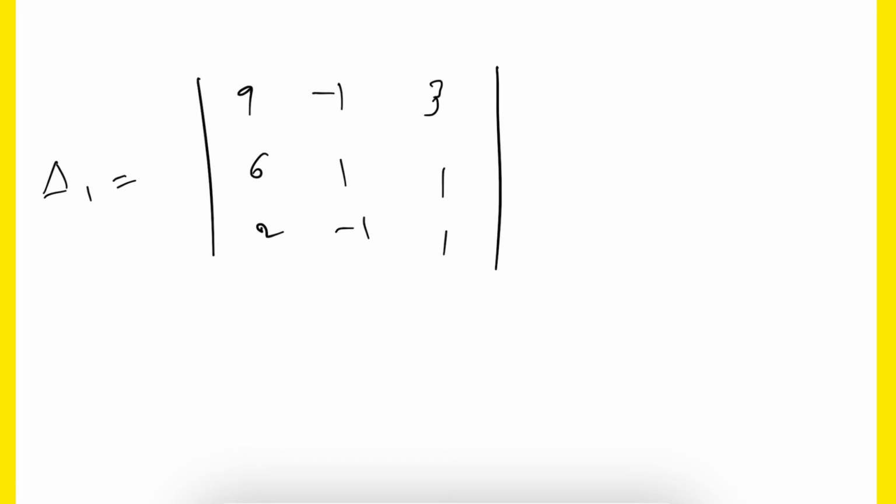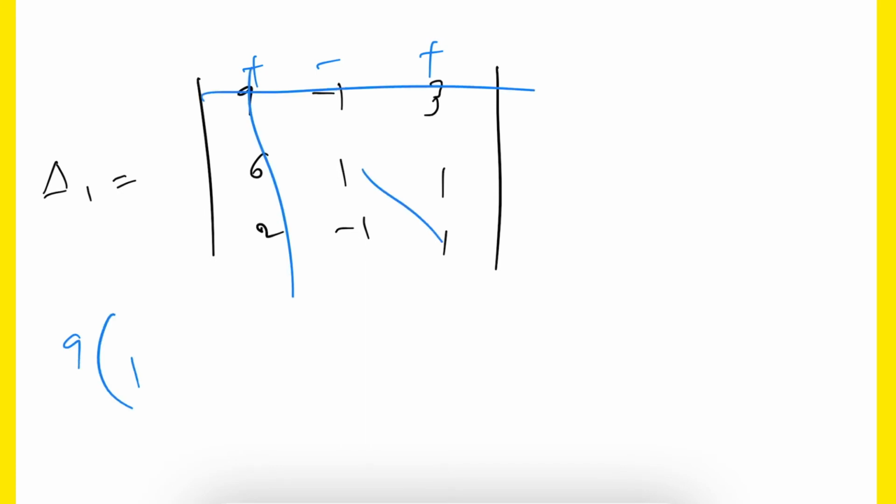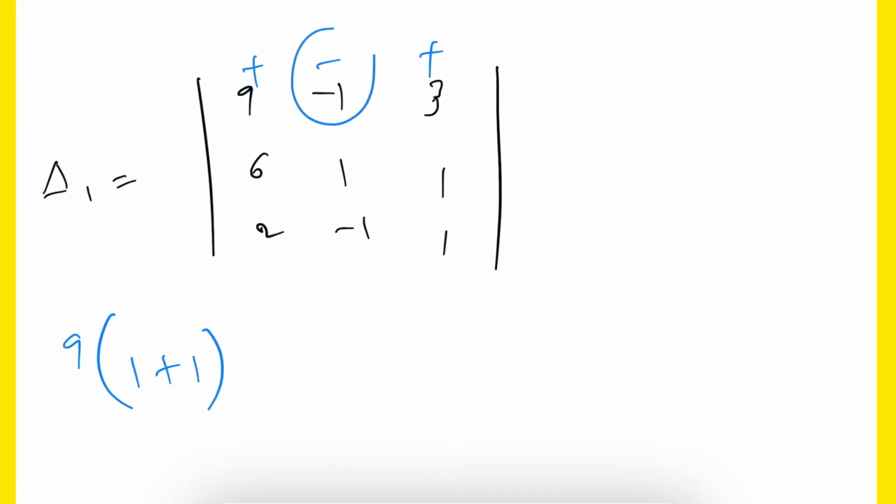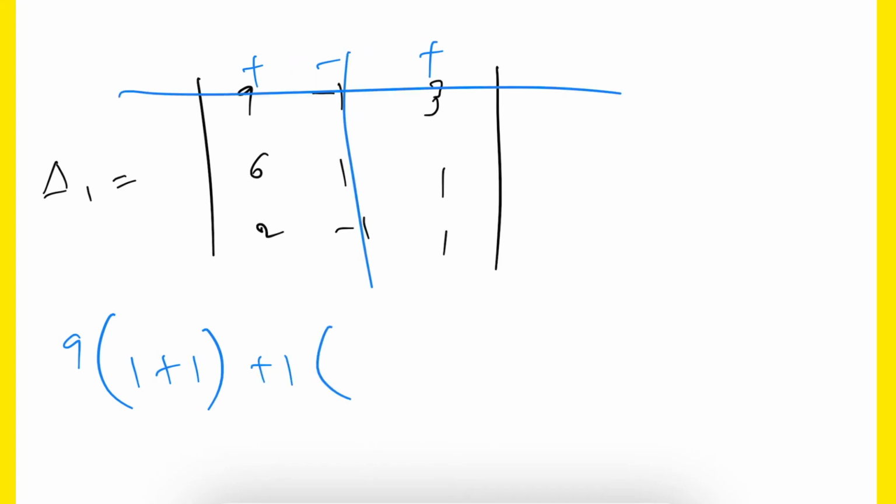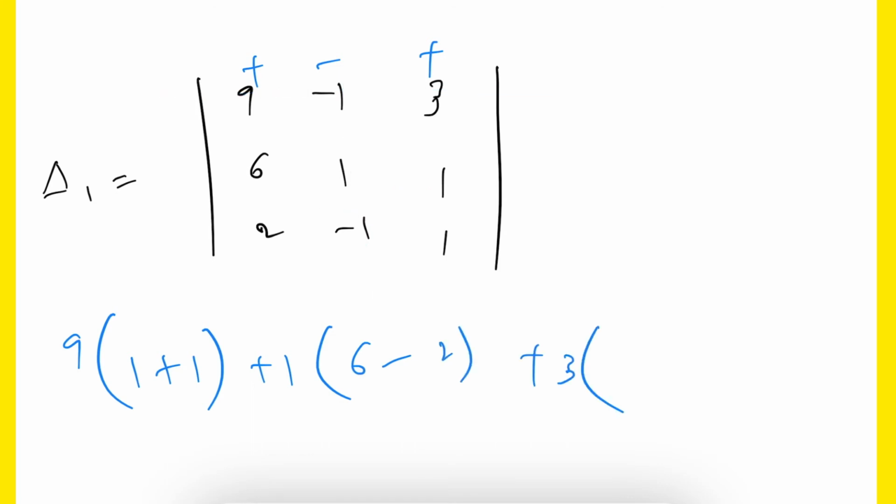Okay, let us find out the determinant for this. This is plus, this is minus, this is plus. So 9 into, if we remove this, 1 1s are 1, minus, minus 1 into 1, minus 1. Already minus 1 is there, so plus. Then next will be minus into minus 1, it is plus 1 into, if we remove the row and column, 6 1s are 6, minus 2 1s are 2. Then last one will be plus 3 into 6 into minus 1, minus 6, minus 2 1s are 2.